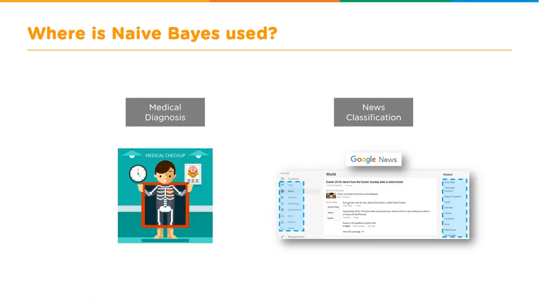A few more examples I could add: medical diagnosis. Again, after enough training through the Naive Bayes classifier, the machine learning model will try to find out the probability of whether a particular patient could have diabetes or not, or what the probable chances are of getting a heart attack. This type of application is considered medical diagnosis.